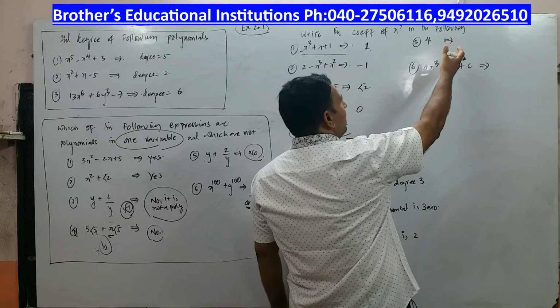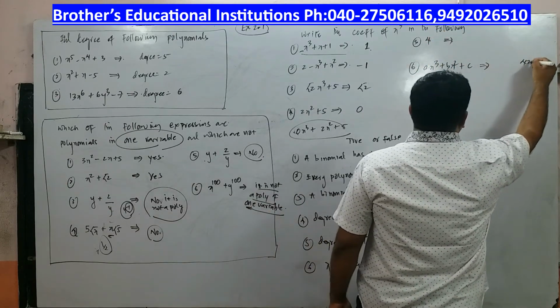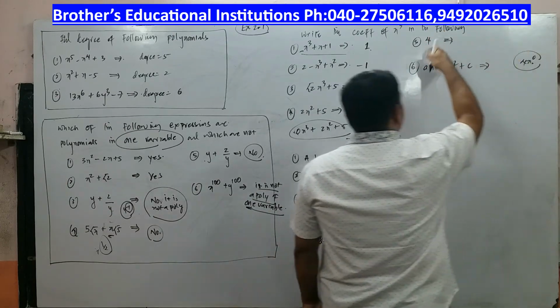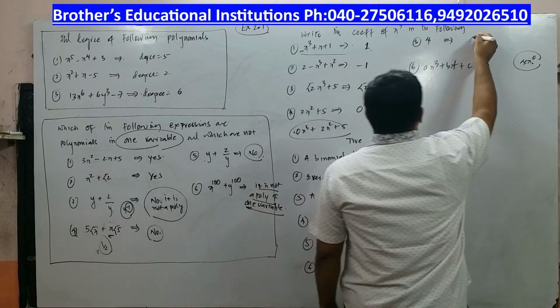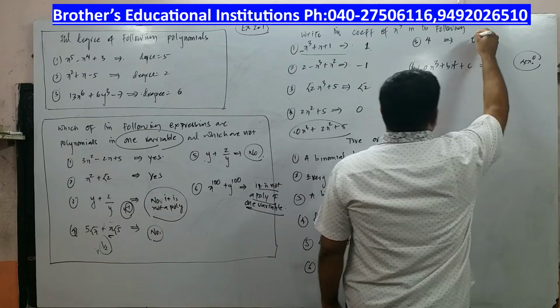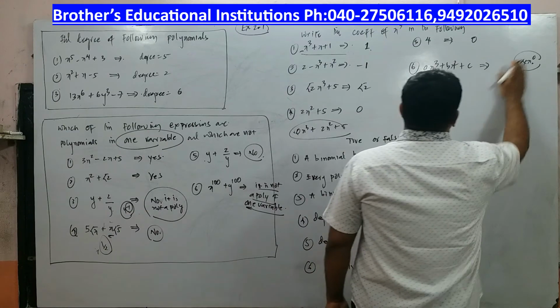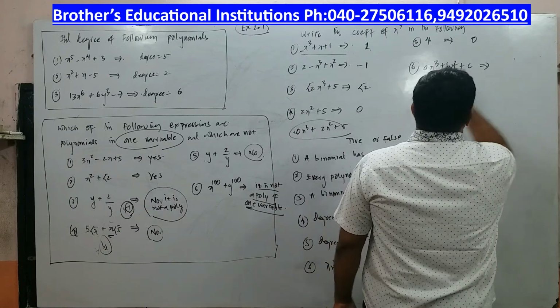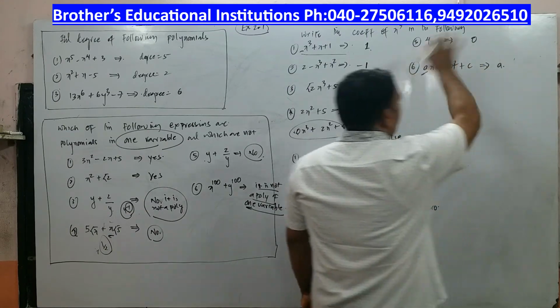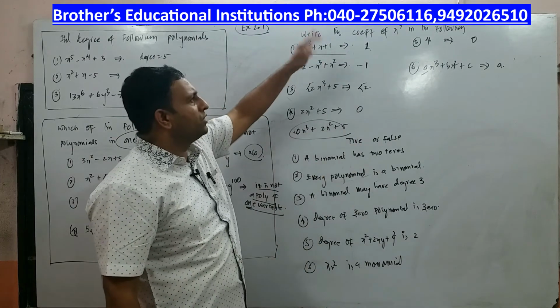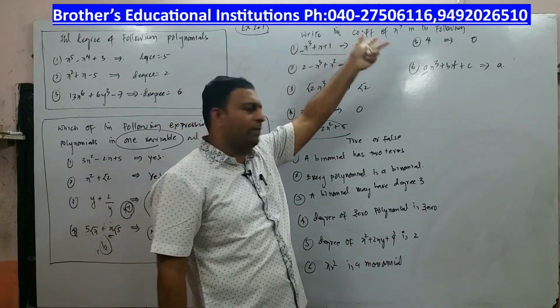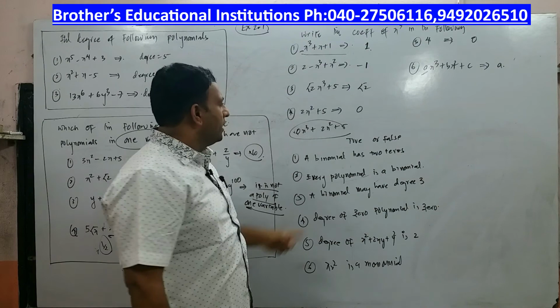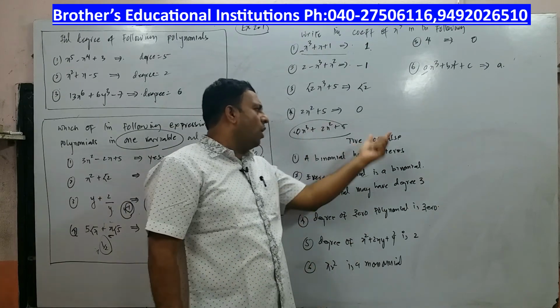Now here, what is the coefficient of x cube? It's a constant term. Constant term means it is having a variable with the power 0. But the coefficient of x cube is not there, missing. Missing means what? What is the coefficient? 0. Similarly, what is the coefficient of x cube in ax cube plus bx square plus c? The coefficient of x cube is a. So I am sure you understood how to write the coefficient of a particular variable, x power n or x power 3.